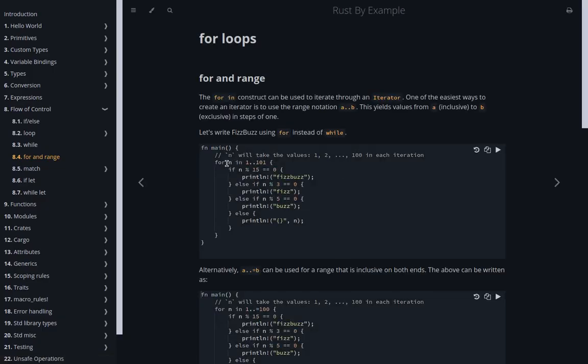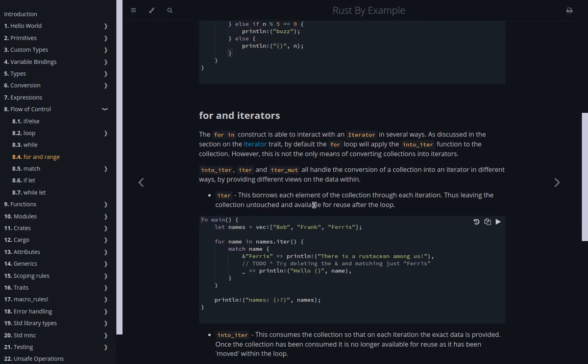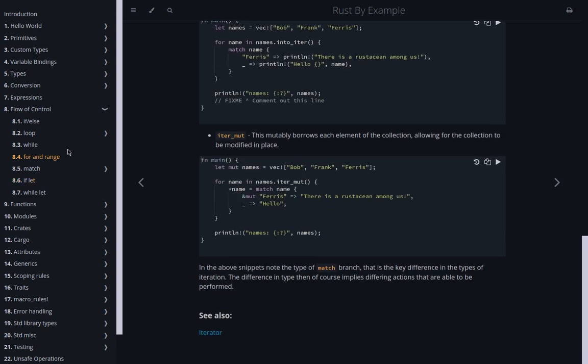Now for and range. For and range works on iterables or iterators. So for n in this particular range, it's going to take 1 to 100 because 101 is exclusive. We take the values 1 to whatever, and it's going to execute whatever is in this loop for as many values as are inside of this iterable. This is called a range, the dot notation, and that's pretty much how it works. For how many values are inside of this iterator, it's going to execute this block. That's pretty much all you need to know about for and range.